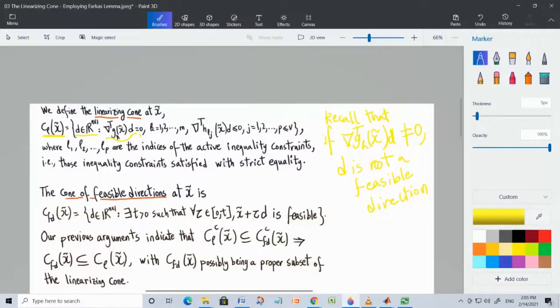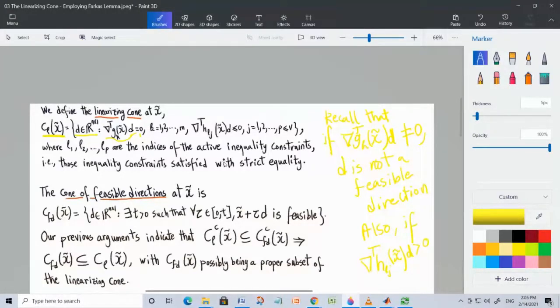So here in this set, we insist that we have a 0. Also, if the inner product with the gradient of g is positive, d is not a feasible direction. Also, I didn't do the details of the proof, but it's like the proofs for the g functions, if the inner product with the gradient of h_k at x tilde and d is positive,